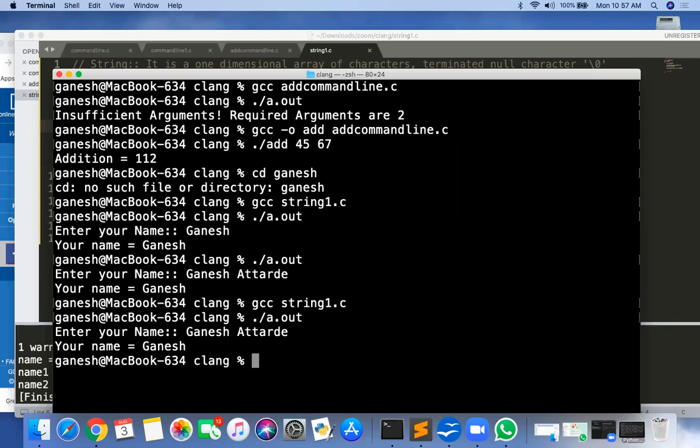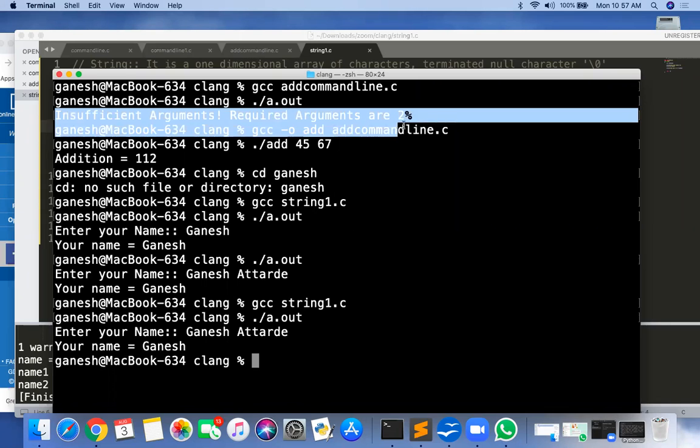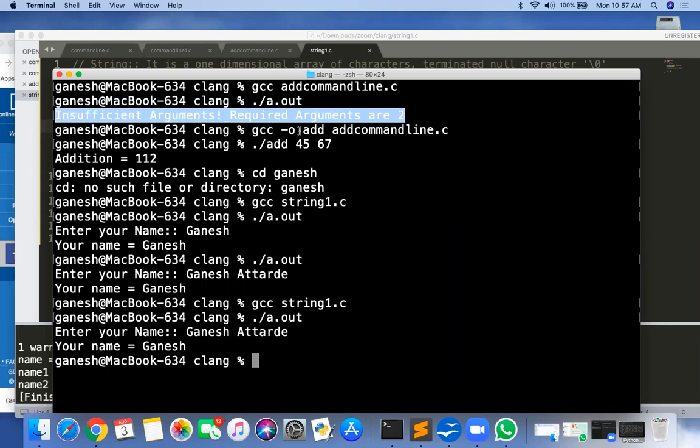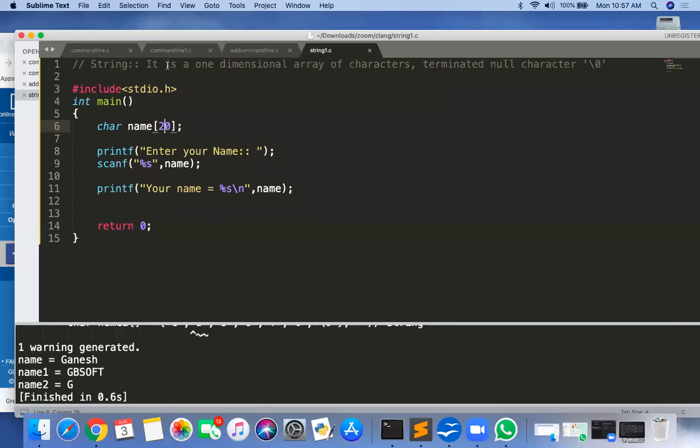But space is also included in your string. It should include, no? What is a string? It is a collection of characters. This is one string only. Doesn't this string contain a space? Look here, it contains a space. Is it one string only? So here space is not included. Space is not included while scanning the string if you are using the scanf function.